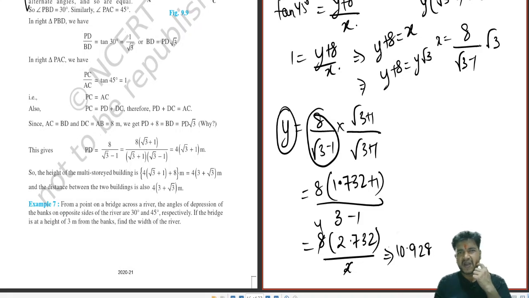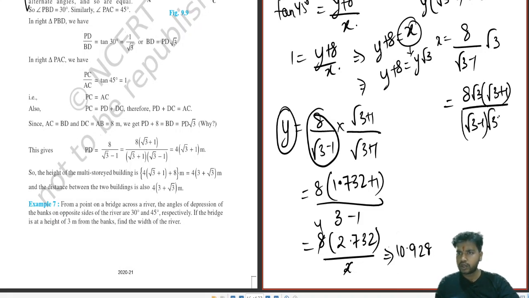And the value of x is y root 3. Is it so or not? What was the value of x? y root 3. See, I have placed it over here. So using this, you can do 8 root 3 into root 3 plus 1 by root 3 minus 1 into root 3 plus 1. Okay. This would give us 8 into 3 plus root 3 by 3 minus 1. This would give us 4 and this is 1. Okay. I have cut it directly.